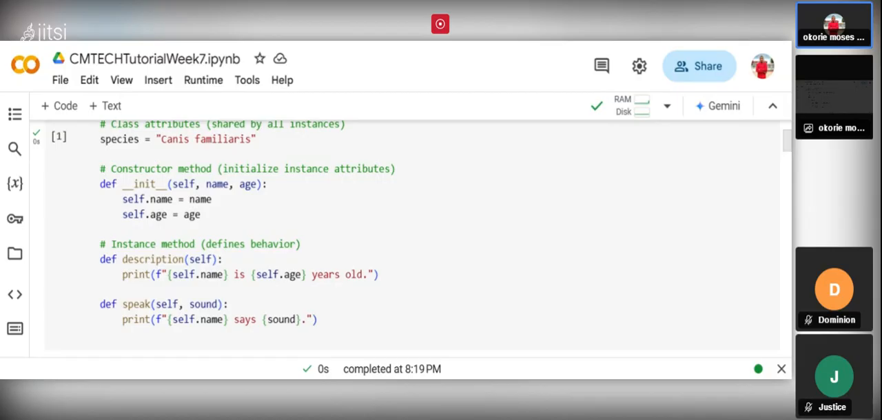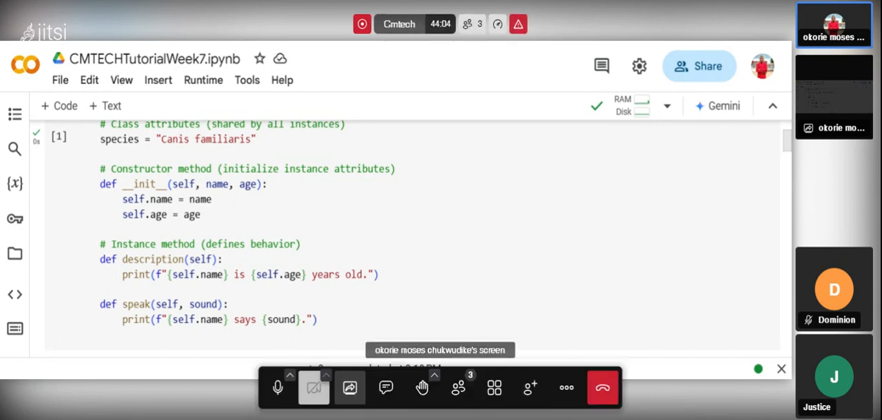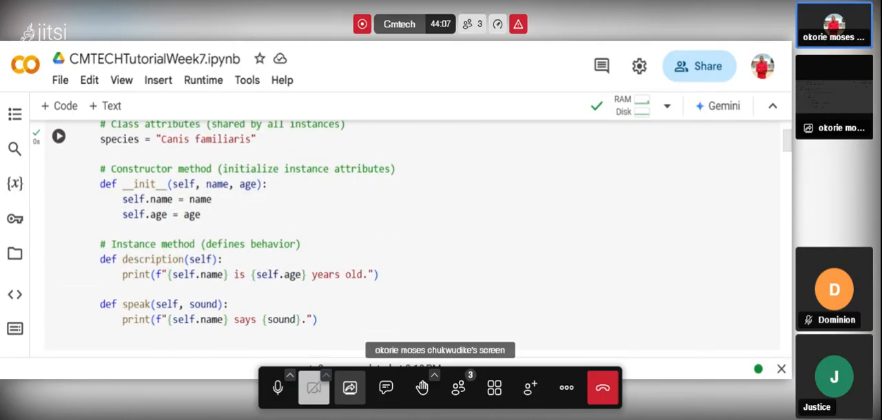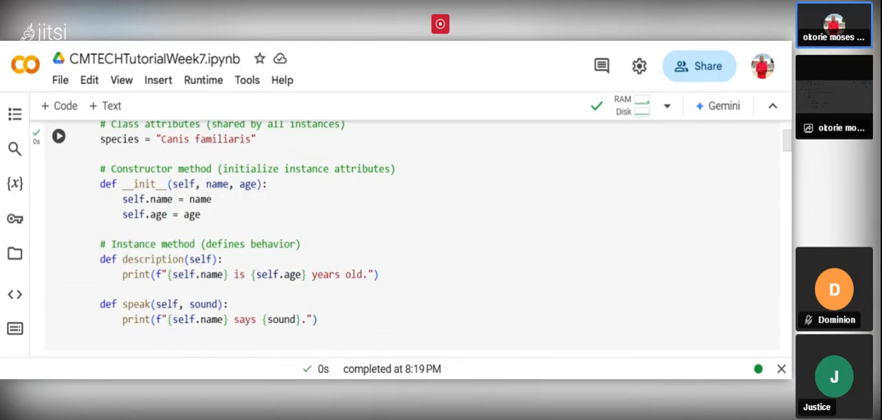And also, your dog can speak, right? Yes, by barking. We say the dog can speak through barking. So we can issue the sound which the dog will bark. Okay? So now, since we have already declared this process, a constructor method, we have already defined the family